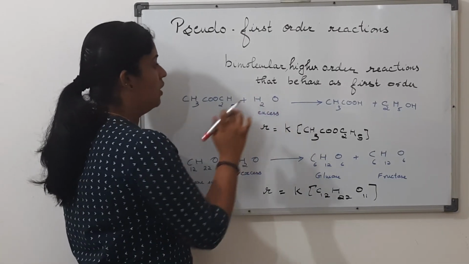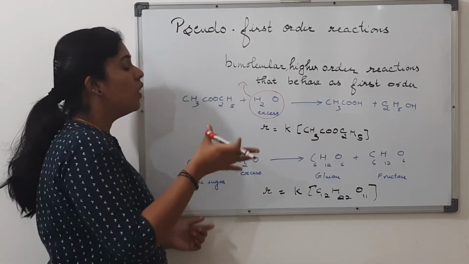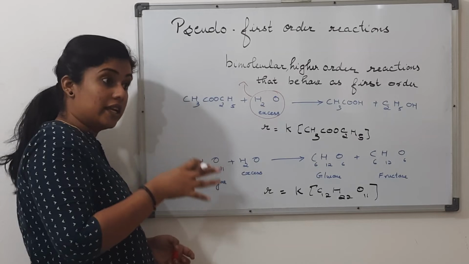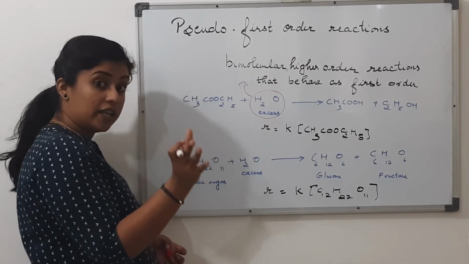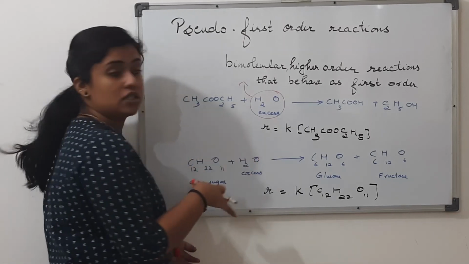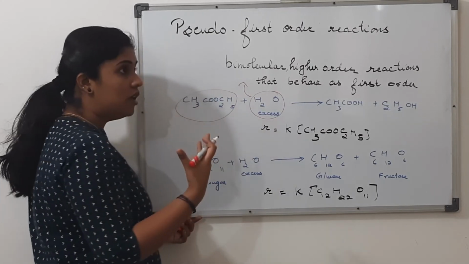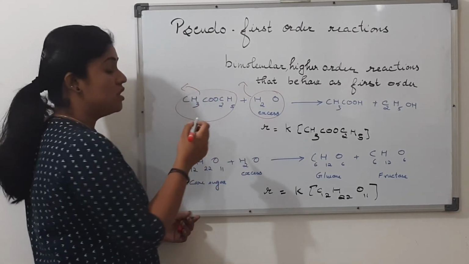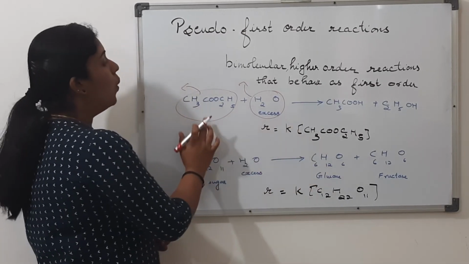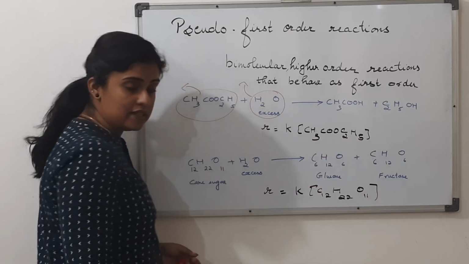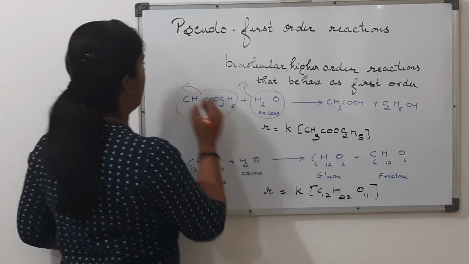But in this case, the concentration of water is so high that the change in concentration is almost negligible. Since the concentration is so high, the change is too negligible to be considered for affecting the rate. So a considerable change is observed only in the concentration of ethyl acetate. So the rate is dependent only on the concentration of one of the reactants, and this is how the rate is written, and it happens to be first order, where this K that we have is